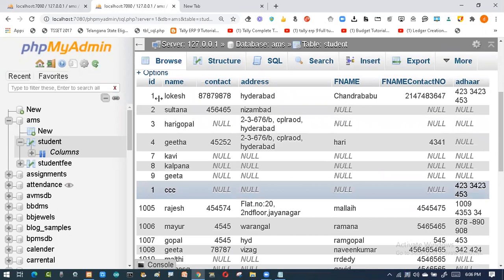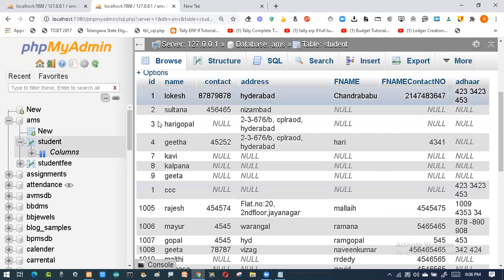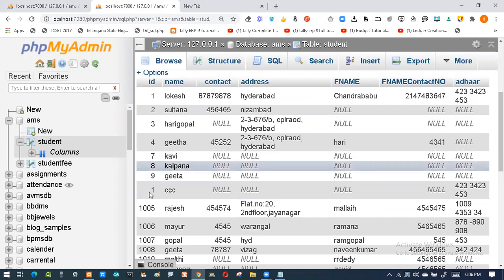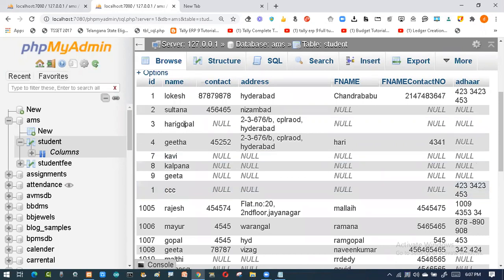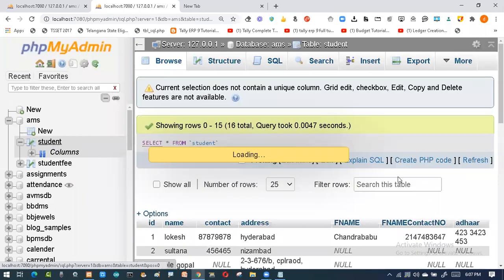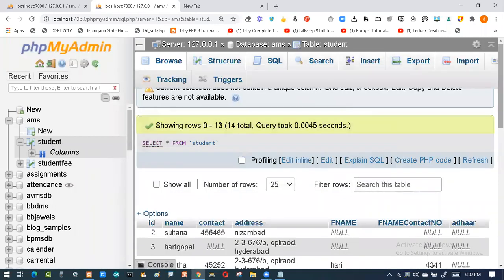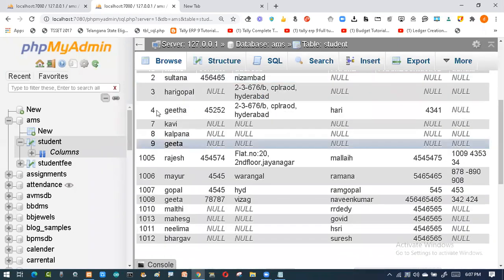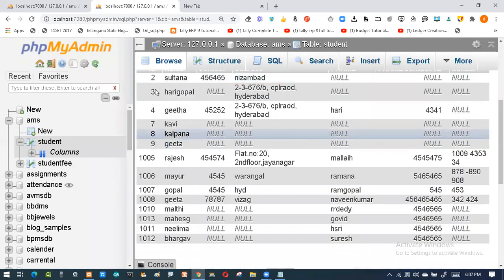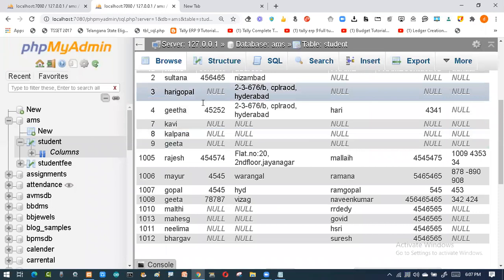So it is matching this one. So ID is matching with this. So it has got duplicated or whatever has happened. Now I want to delete this one. So if I refresh, both the things will go. So I'll refresh on the student table. Now you can check it. So there is no record number 1. See, record number 1 is gone. Okay. So it has been removed.